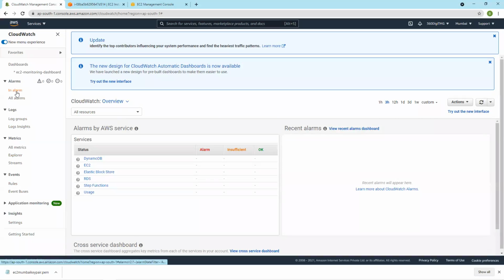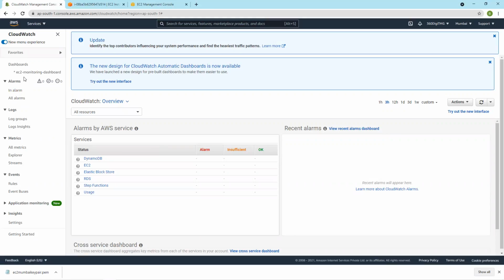So let us set an alarm. Right now I have an EC2 instance running. I will set an alarm for when my EC2 instance is running and underutilized, because I cannot say overutilized. We are using these EC2 instances just for testing purposes to get to know about them. We are not actually using them as servers, so there is no option of overutilization, because if the EC2 instance is running, it will be like that. In case you forget to terminate or stop the EC2 instance, we will set an alarm.